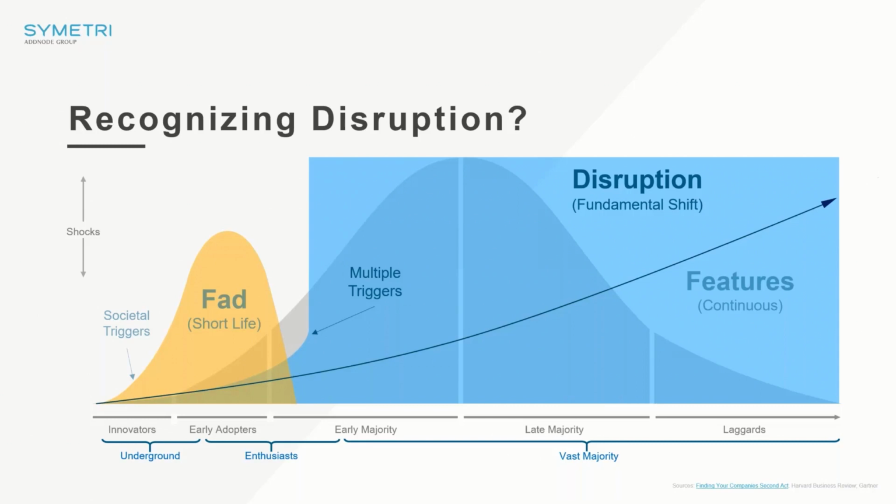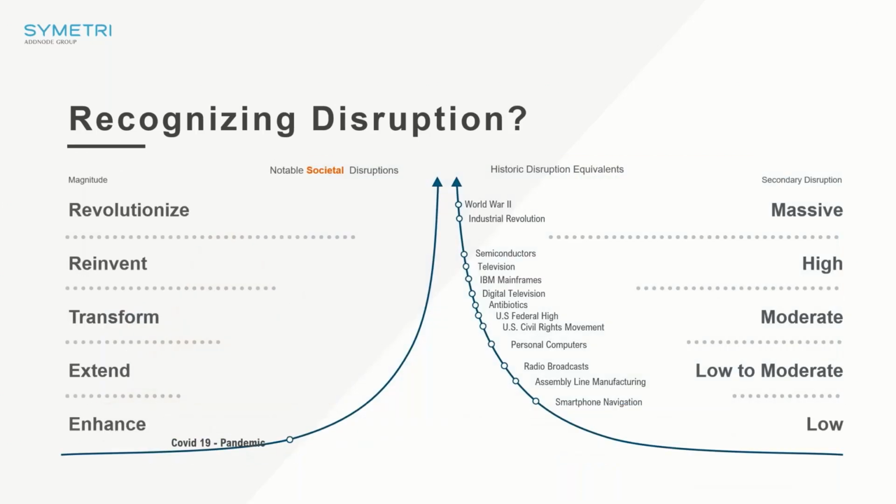There's also lots of secondary impacts as well. So for example, if we're all driving EVs and we're all using autonomous vehicles, do we need to have as many car parks? Do we need a different type of infrastructure? So big disruption has kind of a primary influence, but then it also has secondary influences. And then once you've recognized what the disruption is, you need to scale it. So how big is that disruption in the grand scheme of things? And that perspective lets us get an idea of where the disruption sits in the kind of historic disruptions that you can look at it alongside.